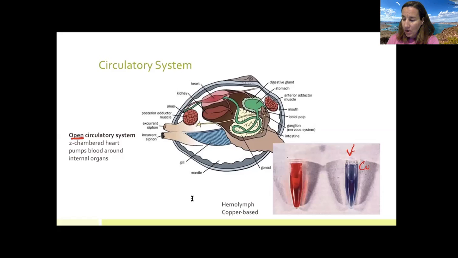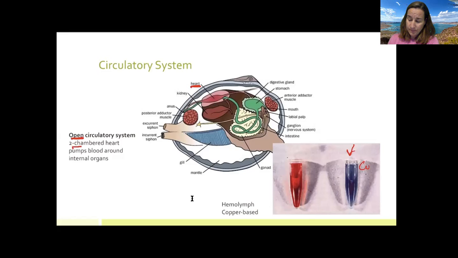They do have a heart that beats and pumps this fluid in directions, but it's not encased in a blood vessel when it does so. So they are pumping around their hemolymph. They are going to have an atria and a ventricle, a top chamber and a bottom chamber of their heart to pump the blood, but it is an open circulatory system. They don't have blood vessels to contain the blood. It just kind of flows throughout the body on these guys.